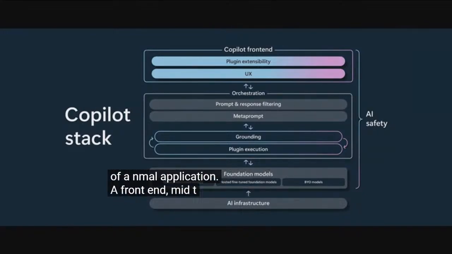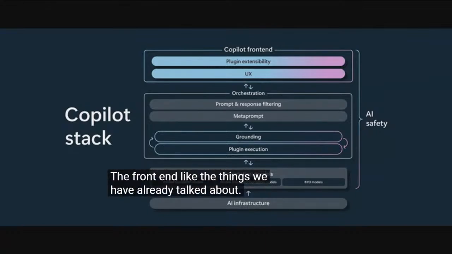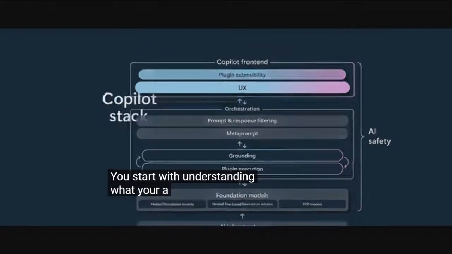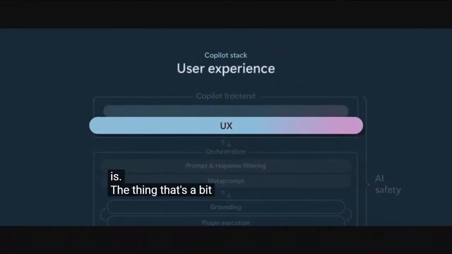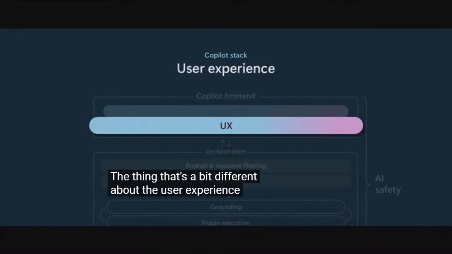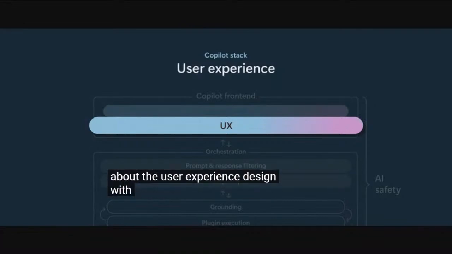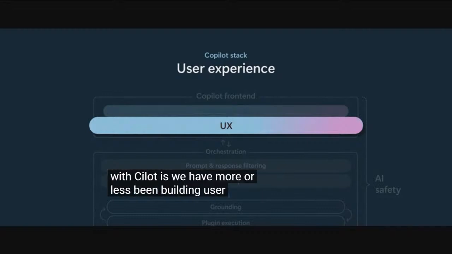So the front end, like the things that we've already talked about, is where you start with understanding what your amazing product idea is. The thing that's a little bit different about user experience design with copilots is that we have more or less been building user experiences the same way for 180-plus years, since Ada Lovelace wrote the first program.